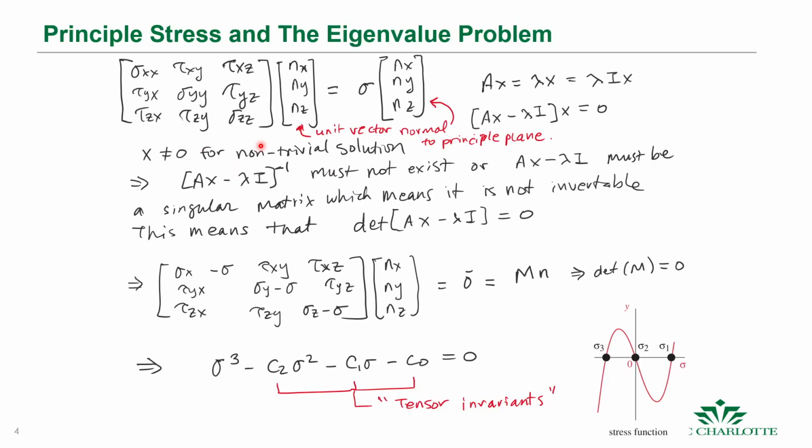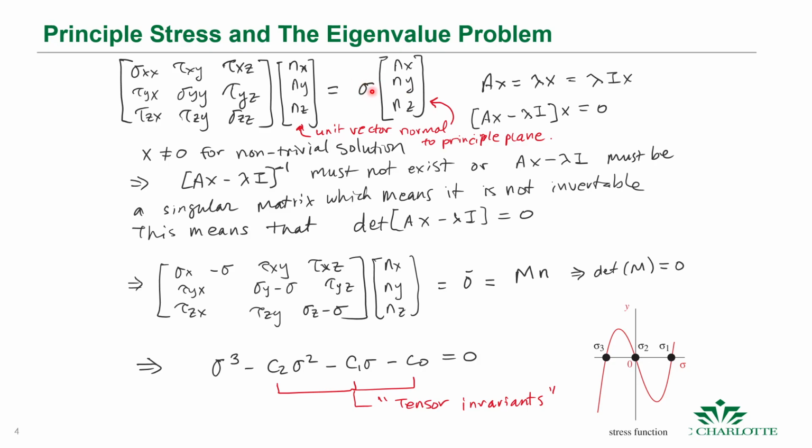This general state of stress can be represented in a stress tensor, and then we can have that state of stress along a direction. And if we can find these directions here, this is the unit vector normal to the principal plane. So there's some orientation where you have your maximum stresses, and if we can find this sigma,